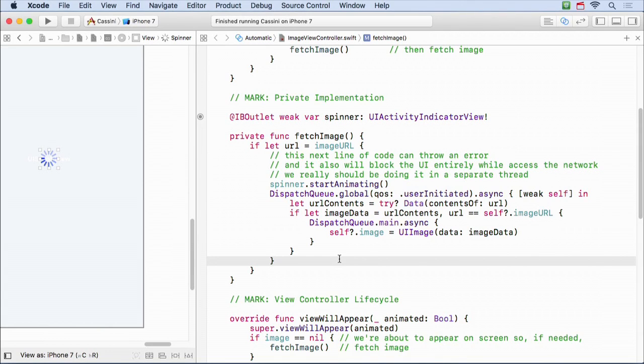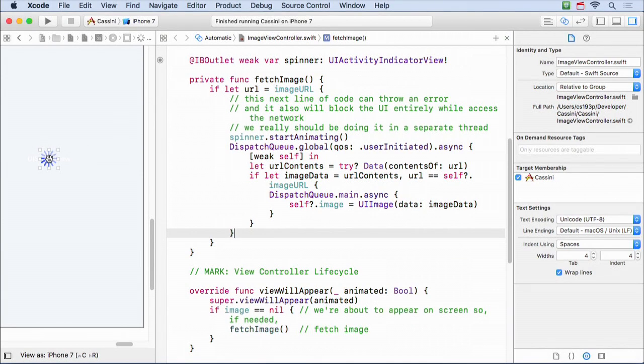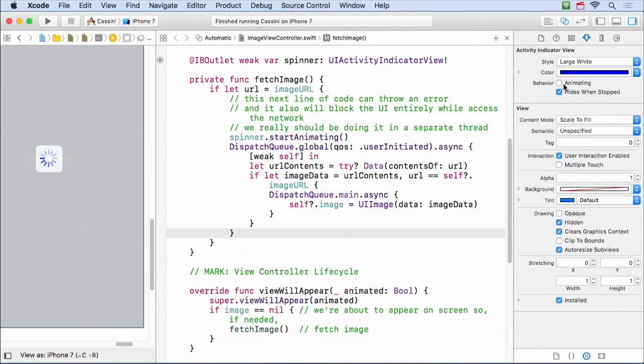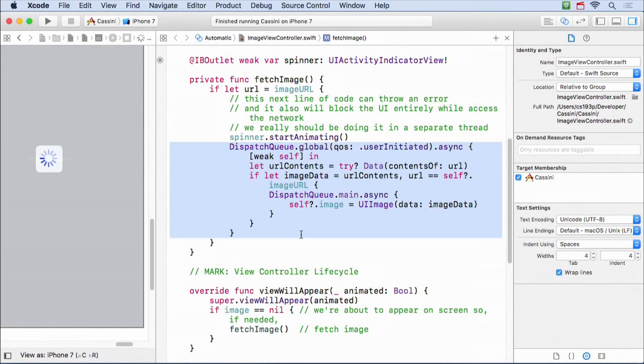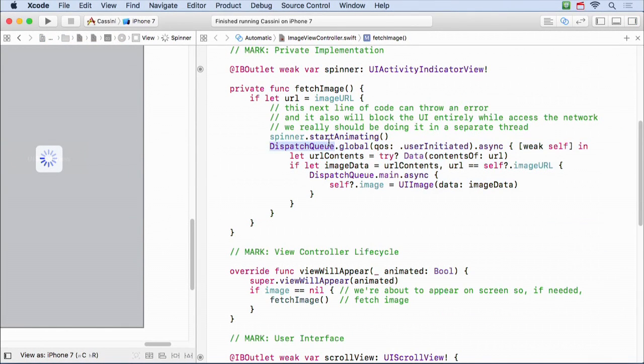Question? Animating just makes that little blue thing go around and around. It just makes it spin. That's what I call a spinner. Yeah, well, when I inspected it over here, and I didn't click this button animating, that just means it doesn't start out animating. I have to start it in code. That's what this means. If I turn this on, then as soon as my app came up, it would be animating, which I don't want. I don't want to start animating until I do this dispatch onto some other queue. That's when I want to start animating.